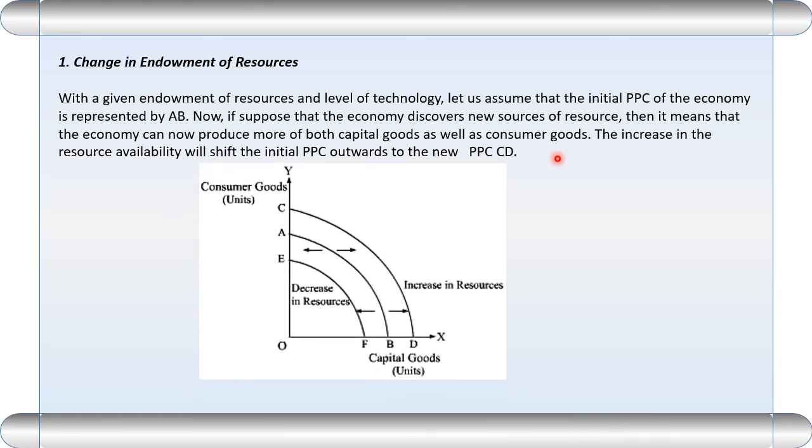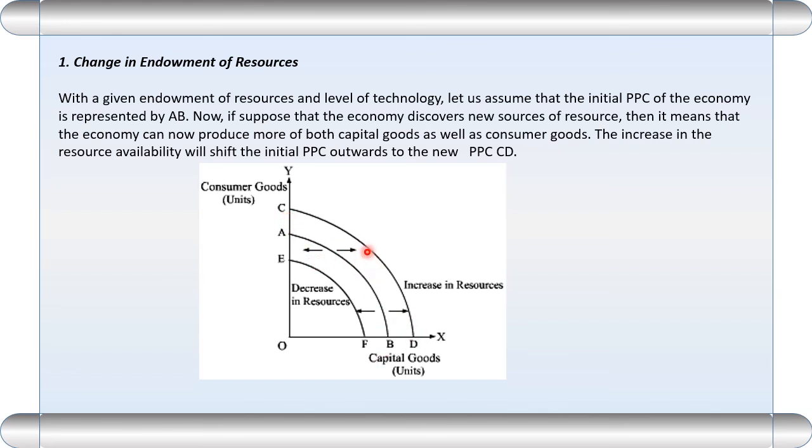We try to explain it with this diagram. How many goods are we manufacturing? We are manufacturing two goods, consumer goods and the producer goods. Clear? Suppose the economy finds new sources of the raw material. What will happen? It means that there will be a shift in the production possibilities to the right hand side. Earlier the production possibility is AB, and because of finding the new sources, the production possibility shifts to CD.